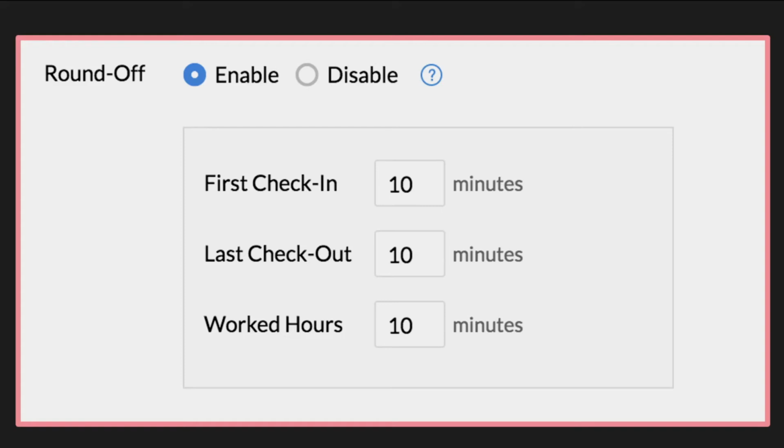If an employee's last check-in entry is anywhere from 10 minutes to 6 p.m. or 1 minute to 6 p.m., it will be rounded off to 6 p.m. However, if the employee's last check out is any time before 10 minutes to 6 p.m., it will not be